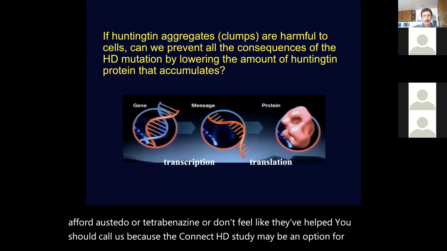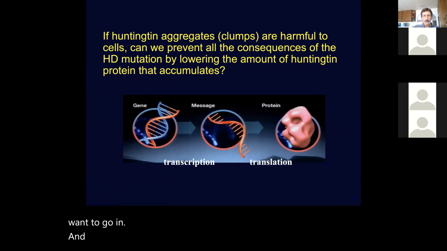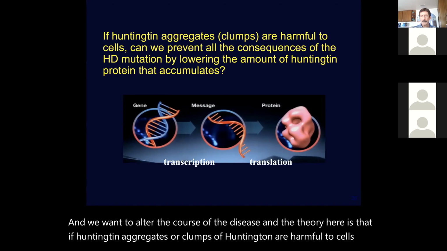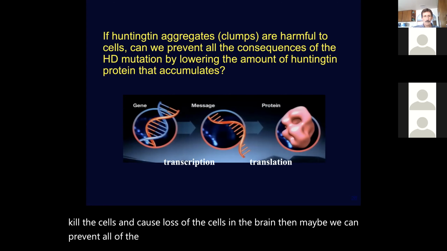Now, what about disease-modifying therapies? Well, that means that we want to go in and we want to alter the course of the disease. And the theory here is that if Huntington aggregates or clumps of Huntington are harmful to cells and kill the cells and cause loss of the cells in the brain, then maybe we can prevent all of the consequences of the HD mutation by lowering the amount of Huntington protein